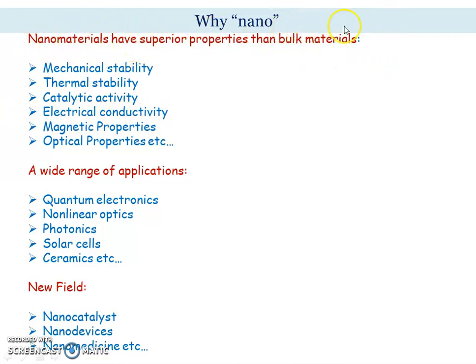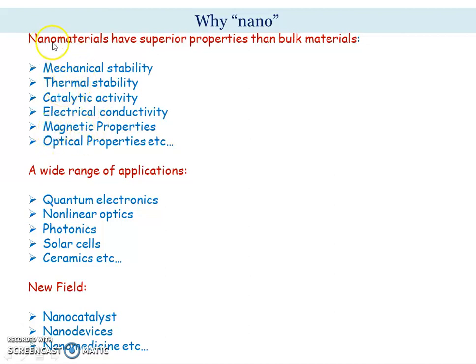So the electrical conductivity increases when we decrease the size of the material, which means that in bulk material the electronic conductivity is very low, so the resistance is very high. When we keep on decreasing the size, the nanomaterials have better electrical conductivity due to some physical property changes on the electron, which we are going to see in detail in the upcoming slides. Now I am just going to introduce these things. You have to familiarize yourself with these words, that's all.